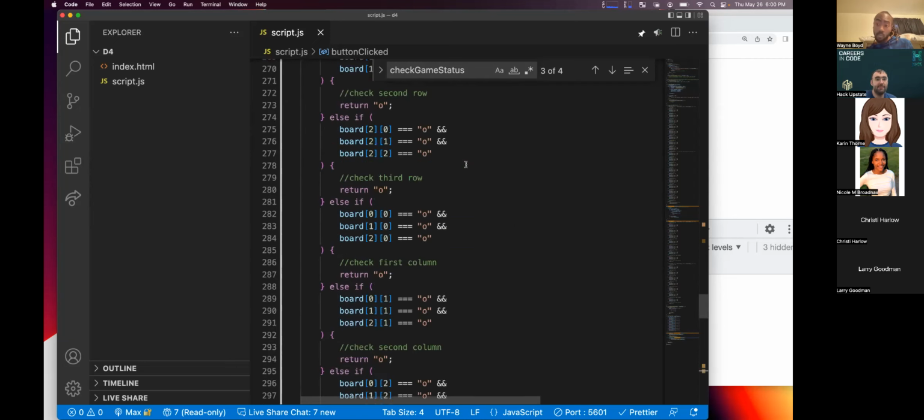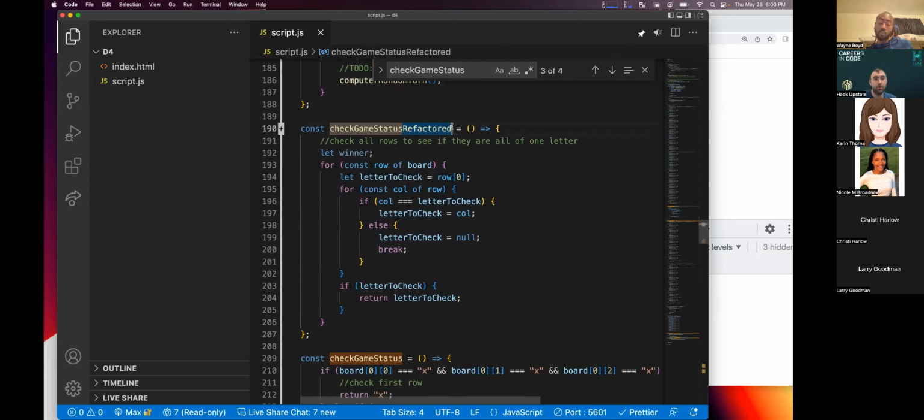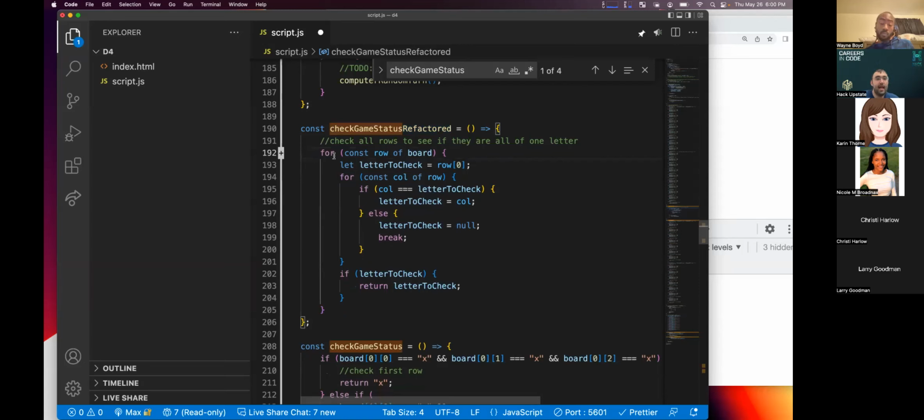So we come up to this function, and the function that I wrote, thank you, Doug, for the inspiration there, is we said, hey, go through every row on the board. When we start going through it, take whatever the first letter is out. So we're going to look at the first letter, and if it's an X, we're going to check that X against every other thing in the row.